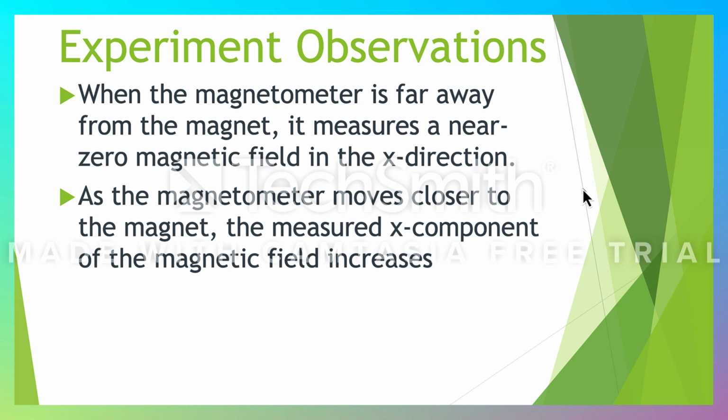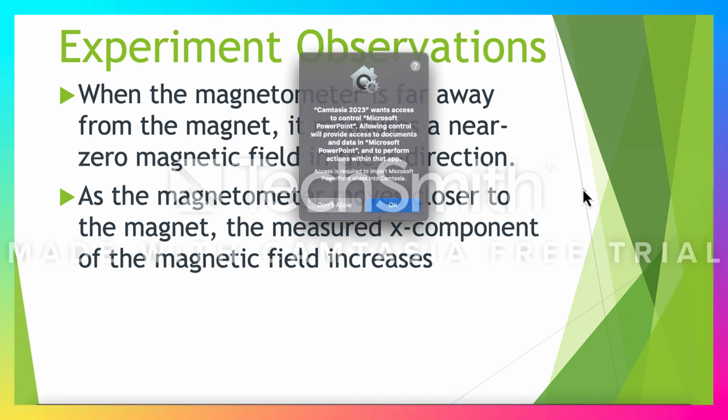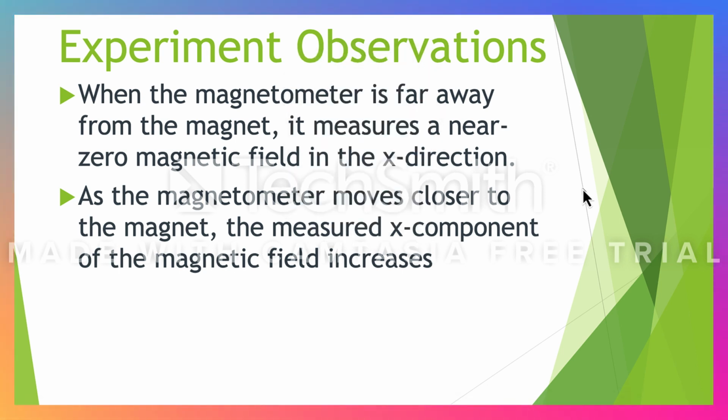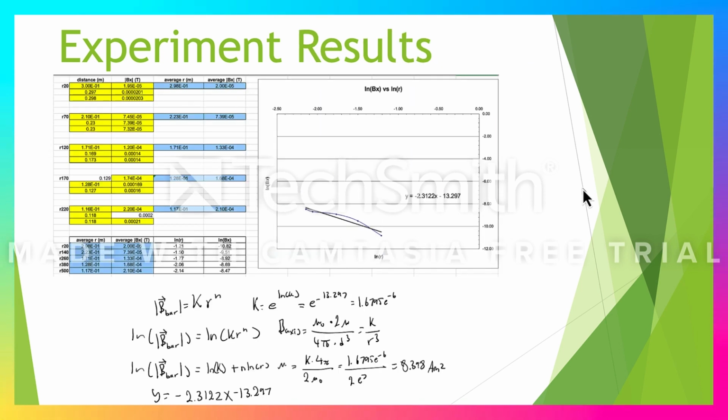So I observed that when the magnetometer is far away from the magnet, it measures a near zero magnetic field in the x direction. And as the magnetometer moves closer to the magnet, the measured x component of the magnetic field increases. So here is what the results look like, and you can see for each run it's all averaged. Our equation has the exponent negative 2.3122, and the constant is negative 13.297. When we compare the equation on the graph, we can find the distance dependence n,